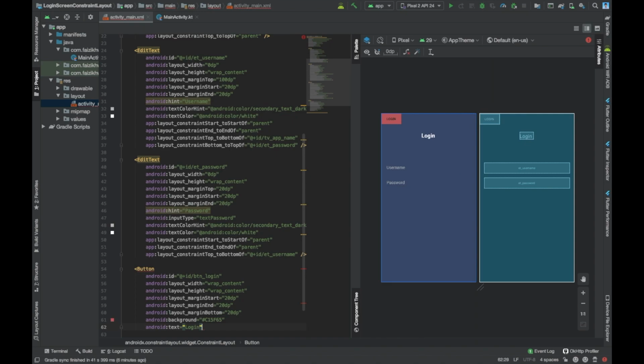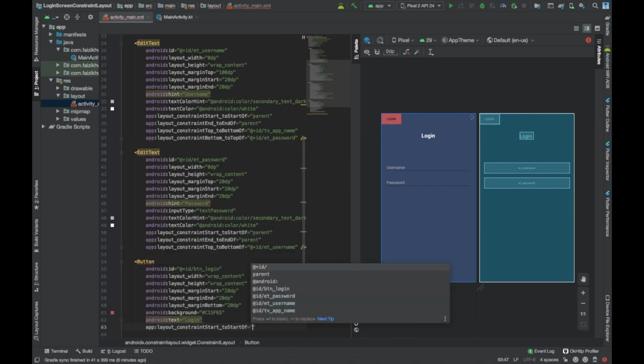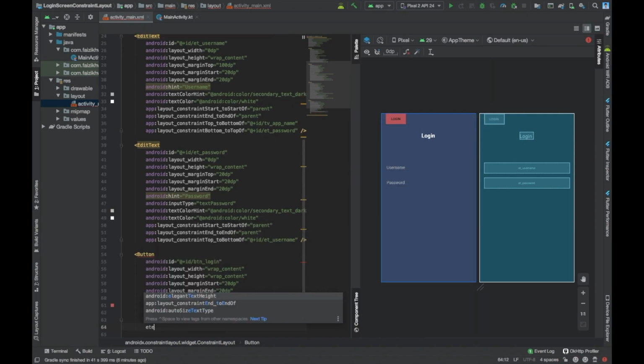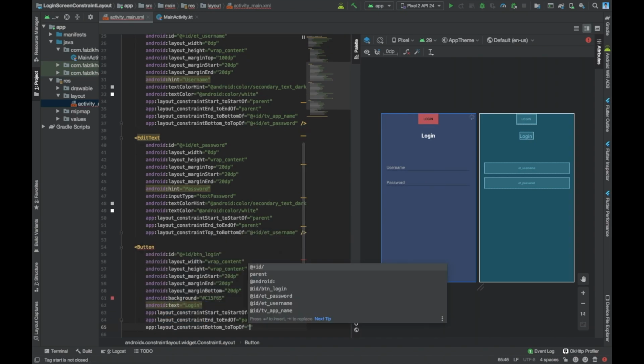Text login, start to start of parent, end to end of parent, bottom to top of ID,